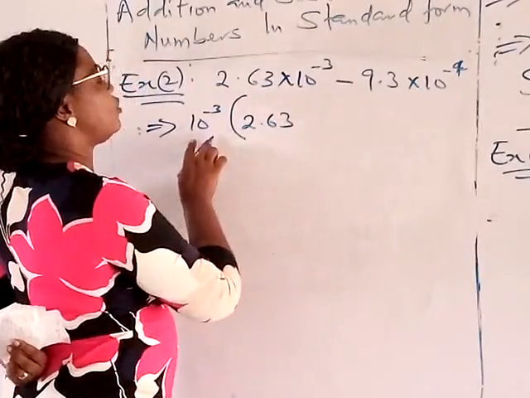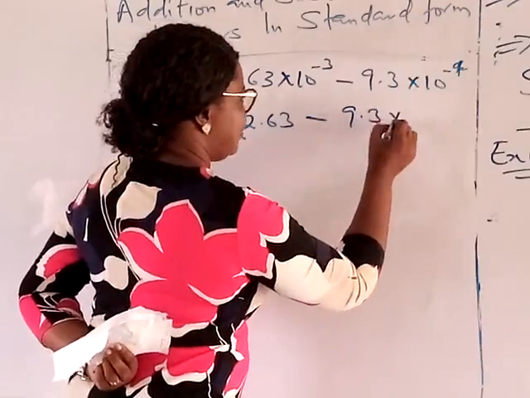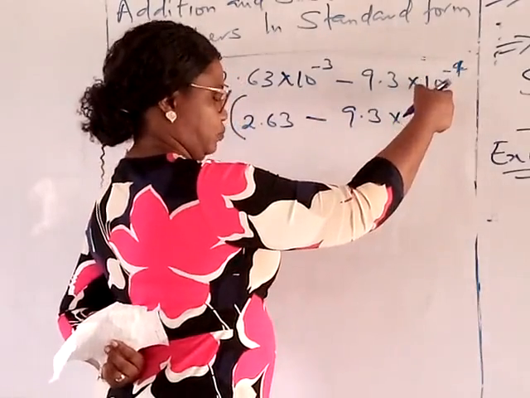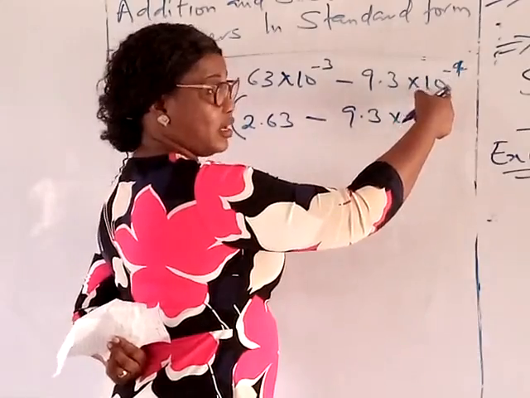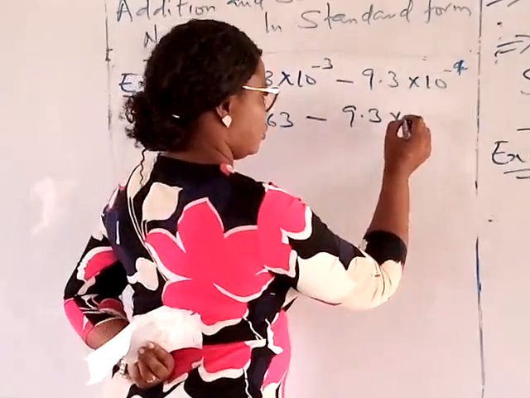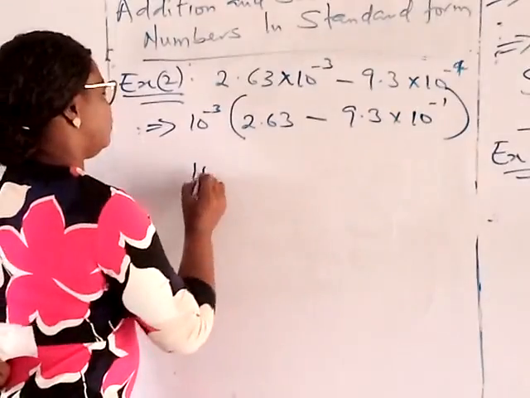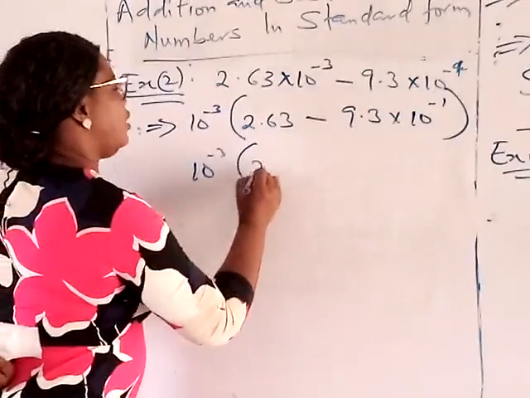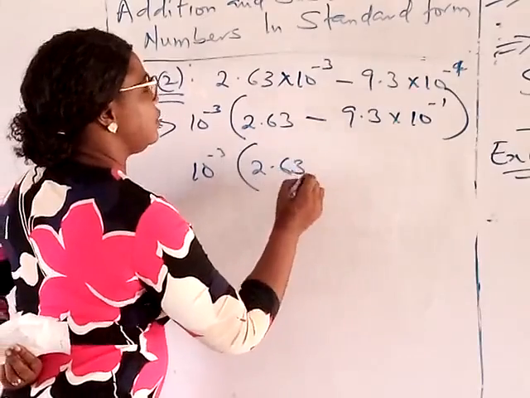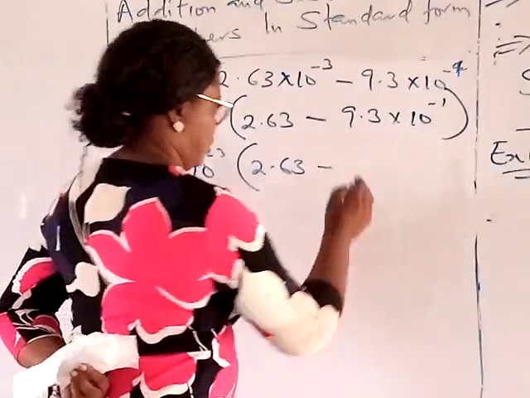We have brought out the 10 raised to power minus 3, then minus 9.3 times. Now, here, we only bring out 10 raised to power minus 3. So we are going to be left with 10 raised to power minus 1. So times 10 raised to power minus 1. And so that leaves us with 2.63 minus this one, changing. You have